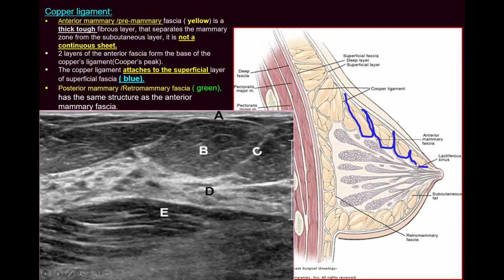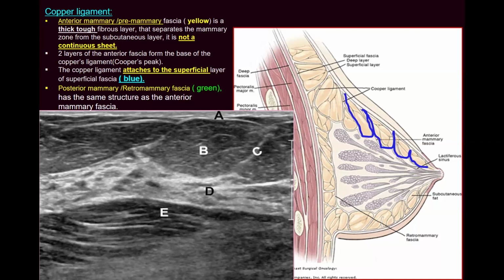This anterior mammary fascia elevates, going here and coming back, forming a Cooper ligament. Again, going and coming, forming the Cooper ligament. So the Cooper ligaments are two folded layers of anterior mammary fascia extending from the